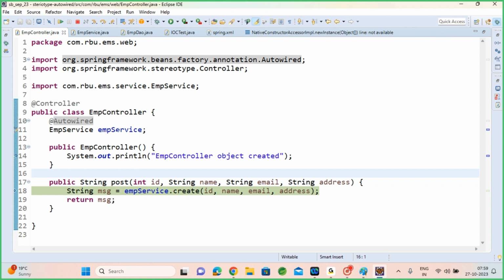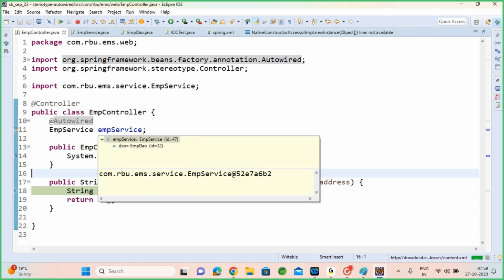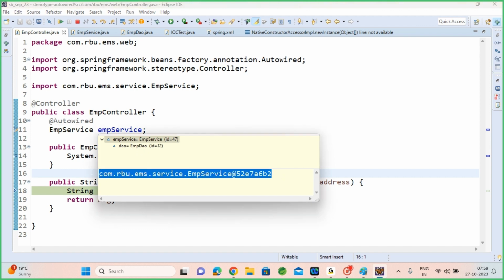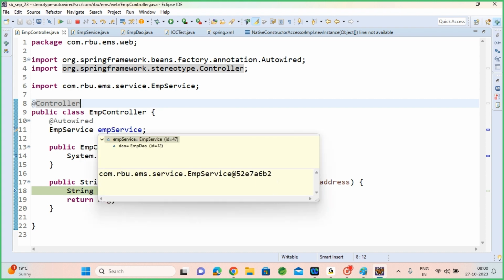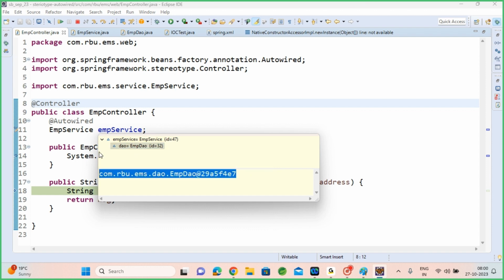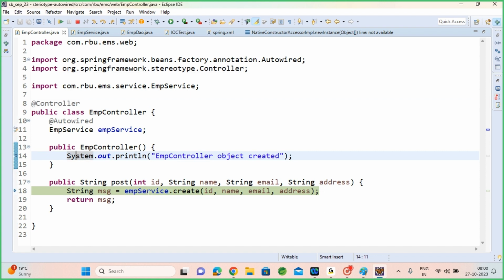Now if I try to see employee service, the service object is available here. Service has a DAO dependency. You can see that DAO is also autowired here. Inside service, DAO is available. Inside controller, service is available. So all these objects are autowired and interconnected. Controller has the service object, and service has the DAO object that you can see inside service. So now when I call this method here,